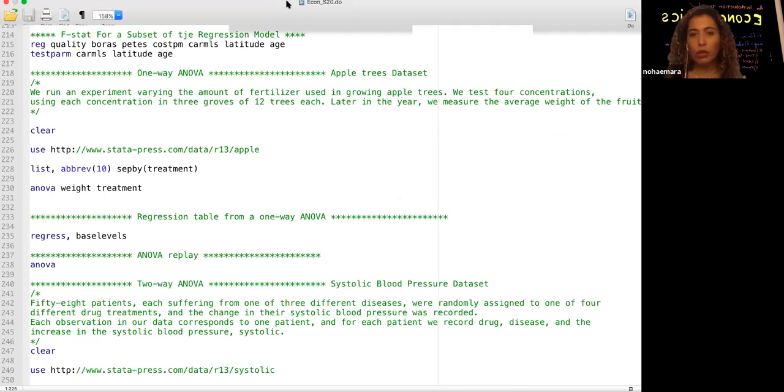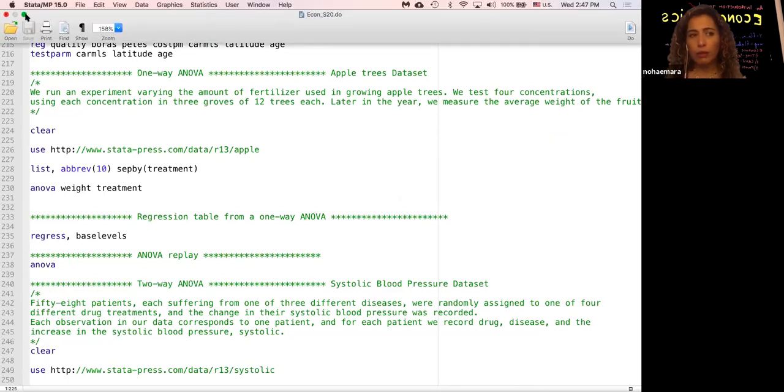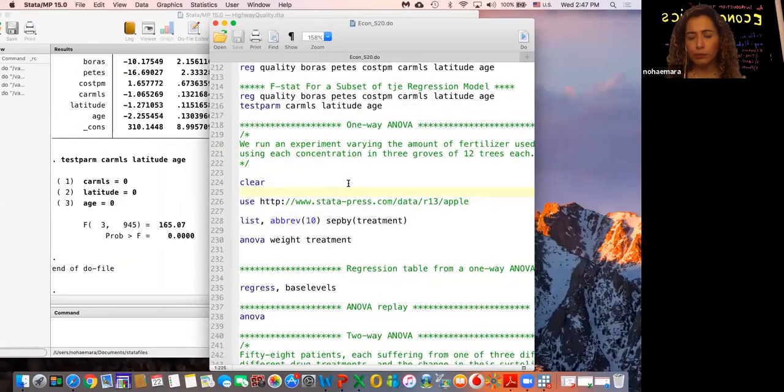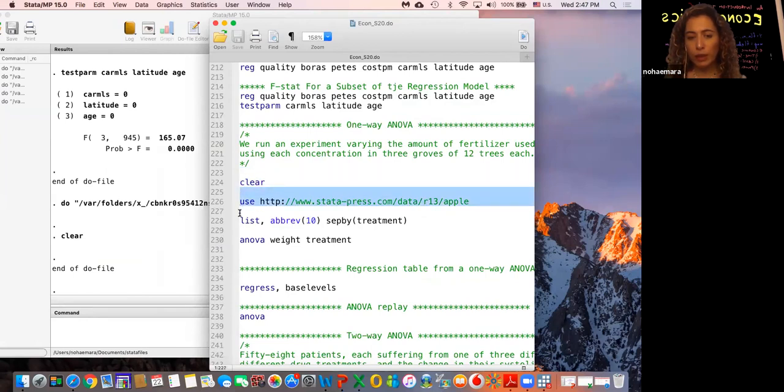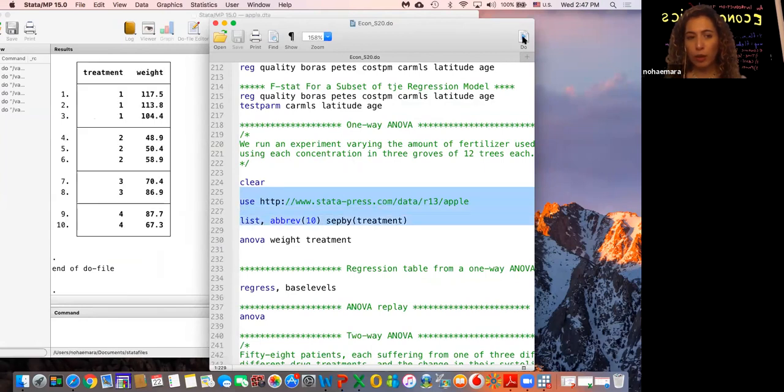Okay, so the data for this Apple dataset is already built into Stata, so I don't have to send it to you. We just need to clear so that we can load the dataset. So this is already built in its data. Okay, so you just list the observations that you have. As you can see here,